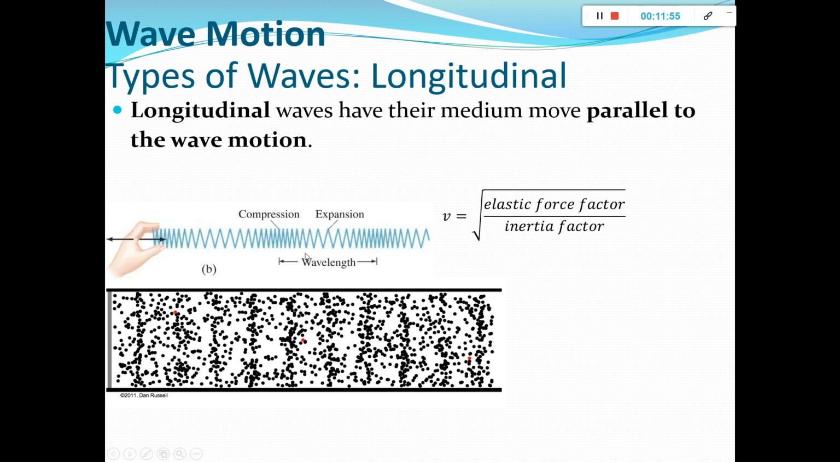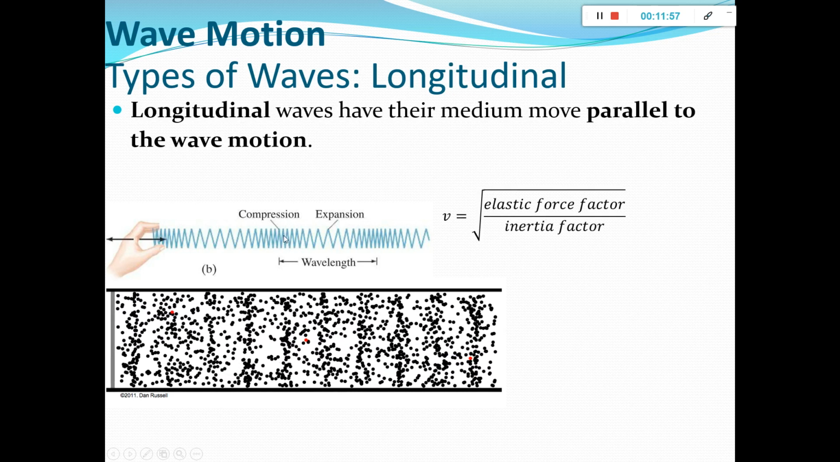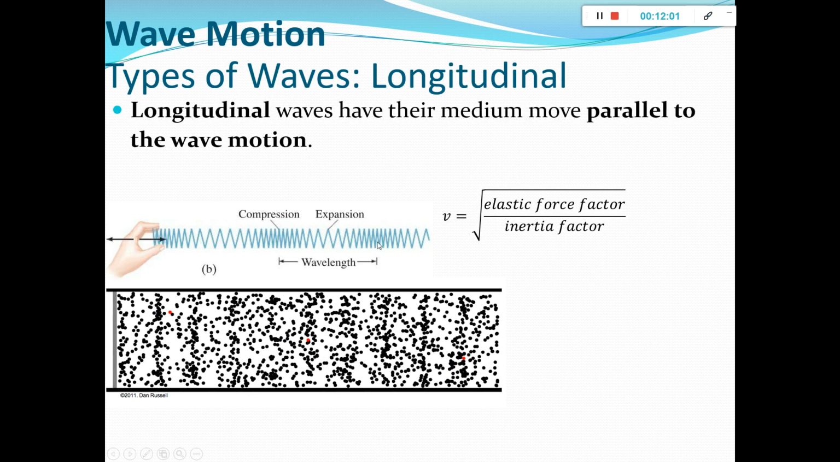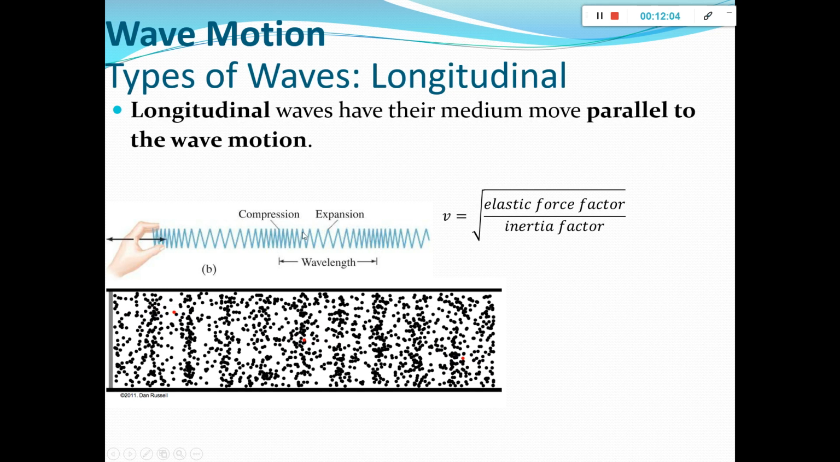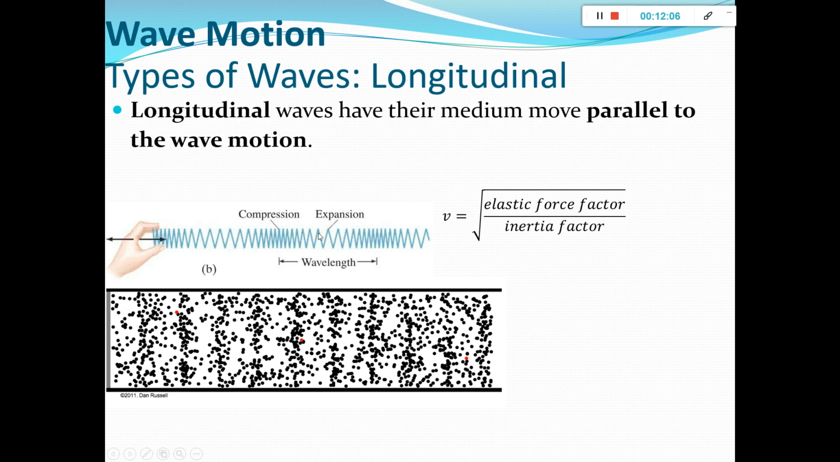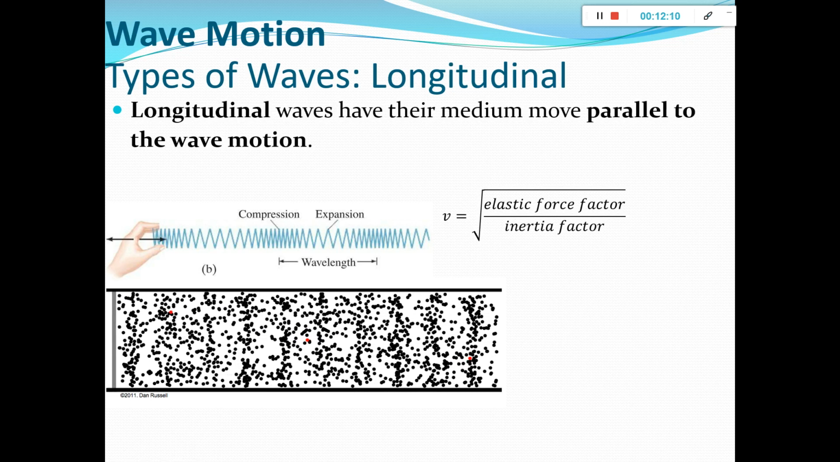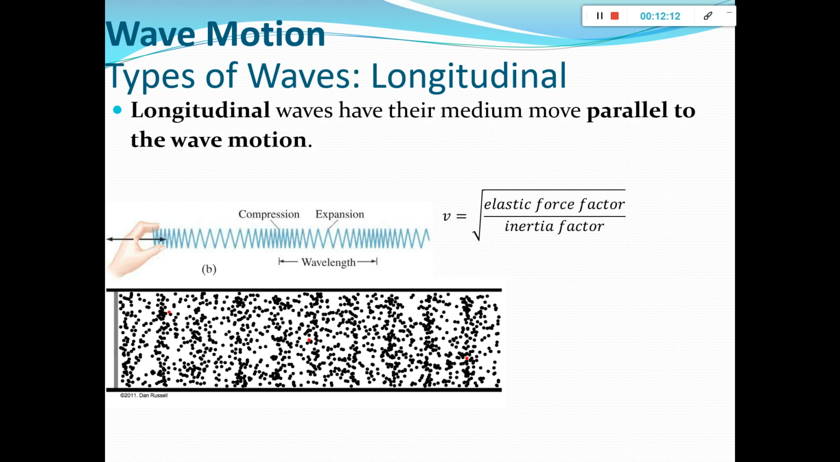Now, wavelength is done the same way. You still go from the max, like from one point to the very next point. So the middle of a compression to the next middle of a compression, or middle of expansion to middle of expansion. Now, if we want to find the velocity as a wave moves through a medium as a longitudinal wave,